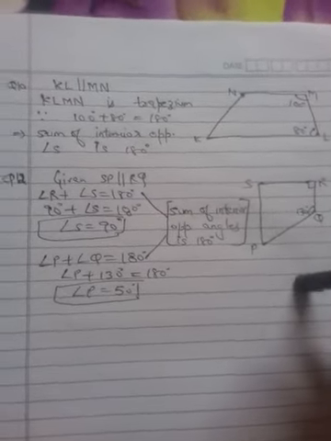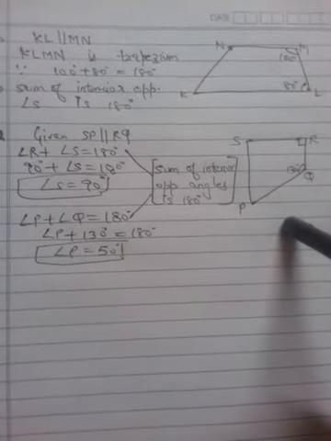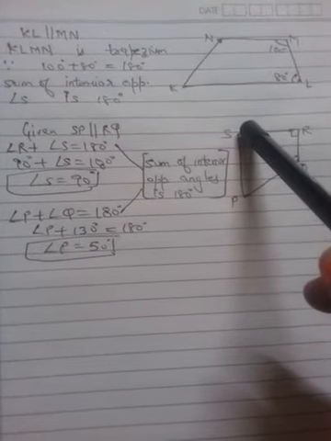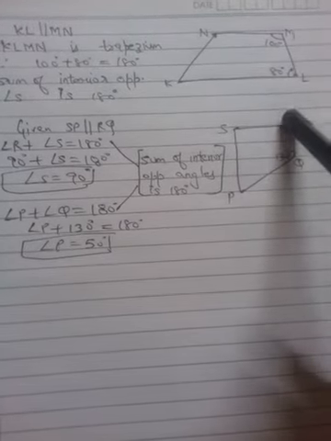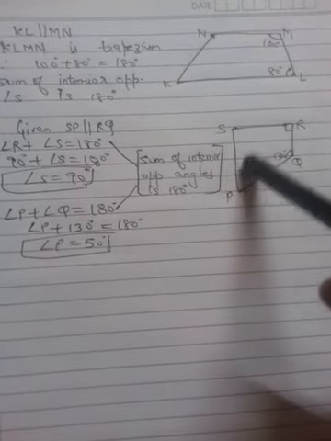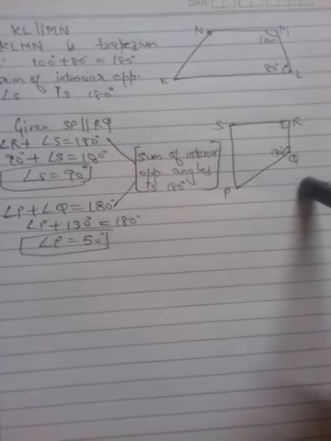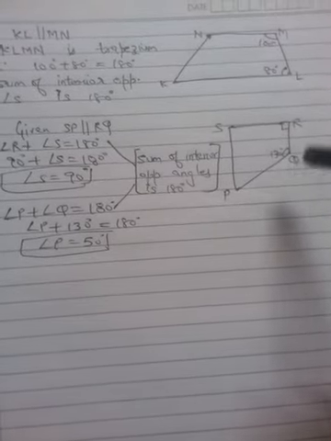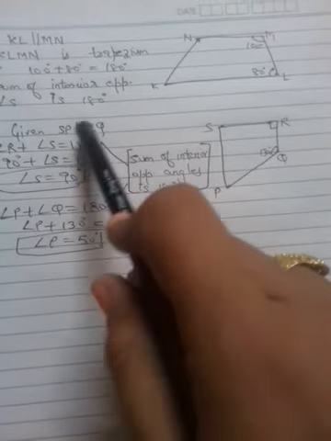Alright, next coming to question number 12. In question number 12, we have to find the value of angle P and angle S. Find the measure of angle P and angle S, if SP is parallel to RQ. In your book they have written SP box RQ, like this. It is not a box, it is parallel. This is the symbol of parallel, right? Just correct it, it is parallel.